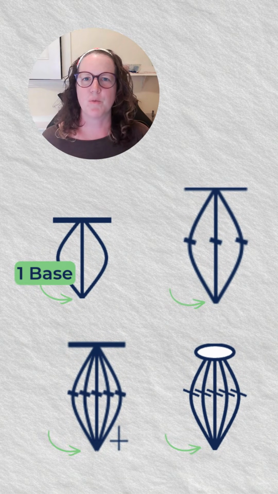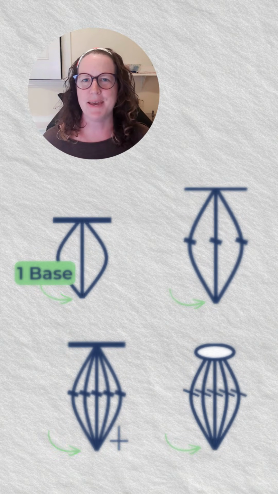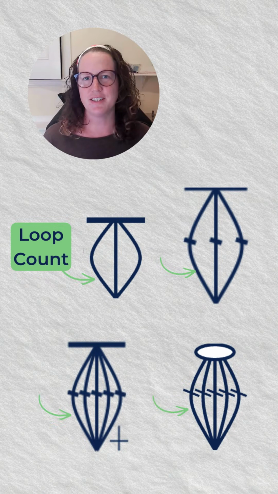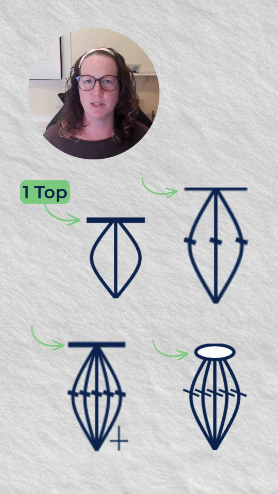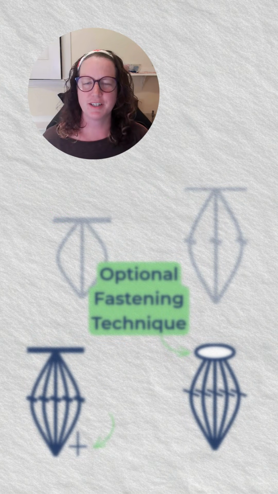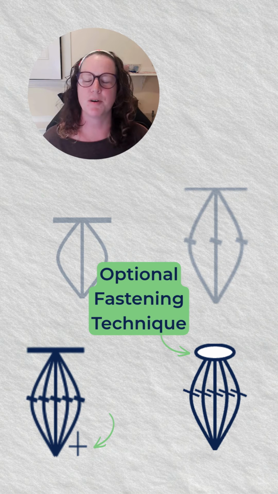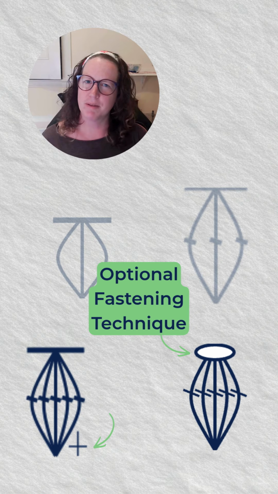First of all, they share one thing in common. They all have one base. Then you create a set of partial loops for each of these stitches. Next, you finish off with exactly one top, closing all of the loops together. And then optionally, you can add different fastening styles to help shape how the bump forms. But in this case, we're naming the stitches based on how the bump looks, not how the underlying architecture is